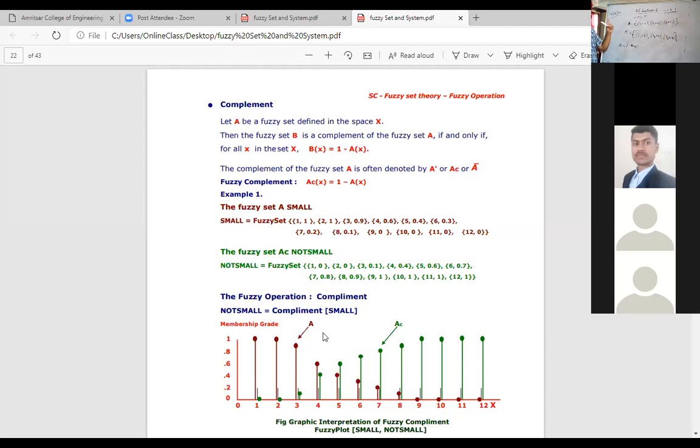What I told you in the beginning, that while making all these operations, you consider not the element, but its degree. Take that into account. In complement, you subtract the degree from 1. 1 minus the degree will be the complement. So for set A, this is fuzzy set A complement. Just take 1 minus this, and the result will become this. So these are very easy operations of fuzzy sets, and if the question comes, you can fetch all 10 marks.